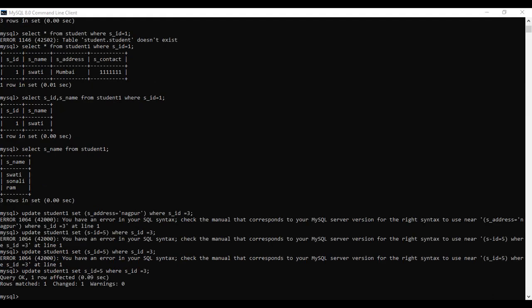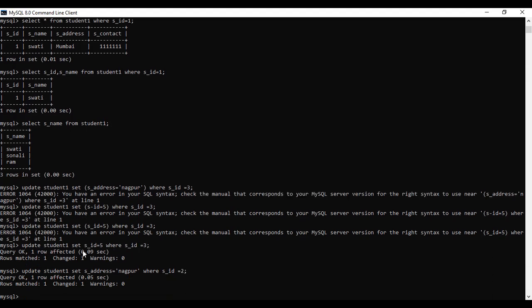Okay, so how can an update be done? The update query will be written as UPDATE, then the student table name, SET column name equal to the new value, and after that you need to write down the WHERE clause. So what I will do is change the address of record 2, with address equal to Nagpur. Now here we need to check whether that particular change has been applied or not